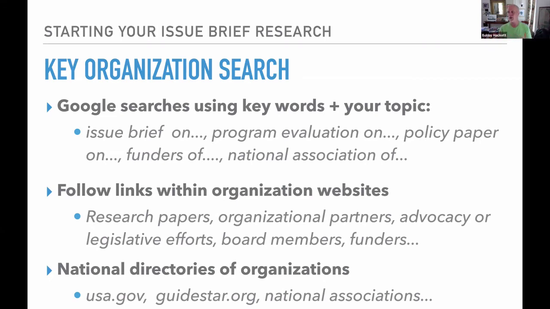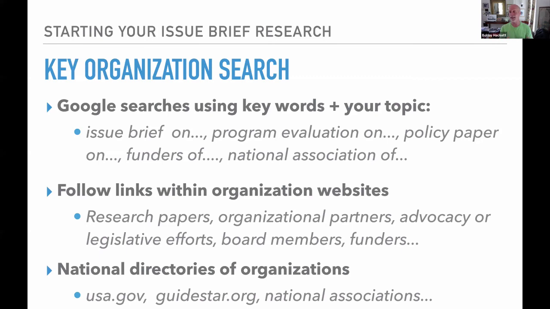We'll weed some of this out as we give you feedback, so don't worry too much about it. But you're doing this massive search, looking for all kinds of stuff. Obviously, the first assignment is to find the key organizations. But in that process, you're going to find all this other stuff. You have to each figure out a way to keep track of that. And some of you will find some statistics that fit under scope of the problem. It's okay for you to put that fact there and learn how to use the footnotes and add it.